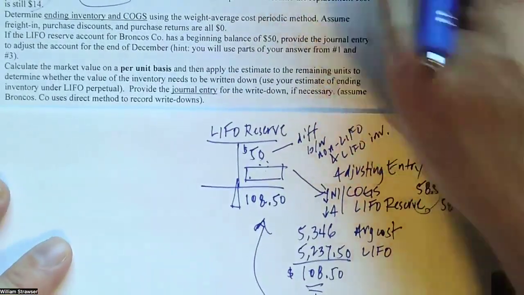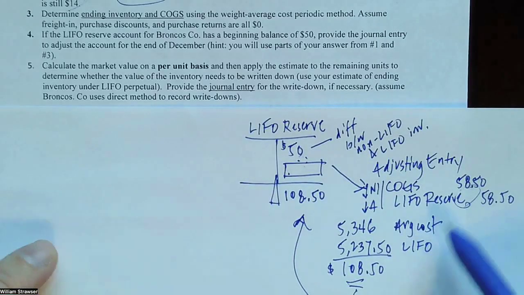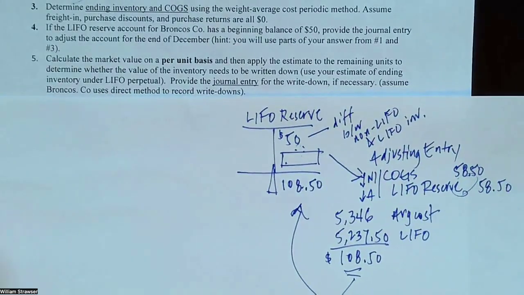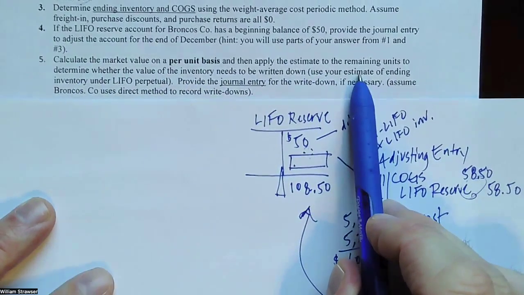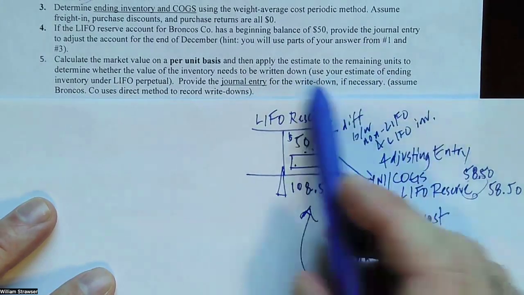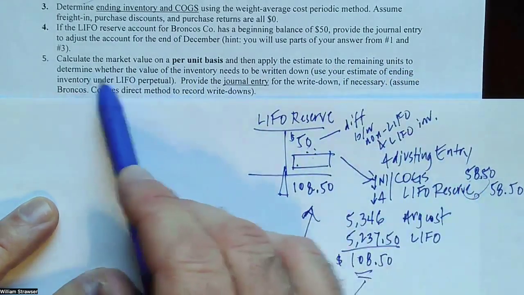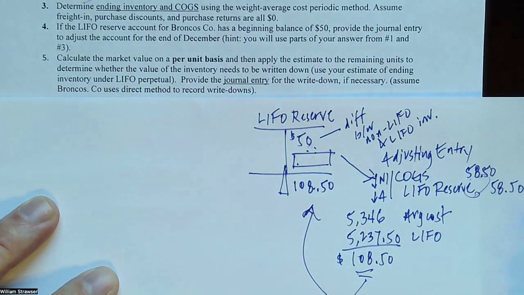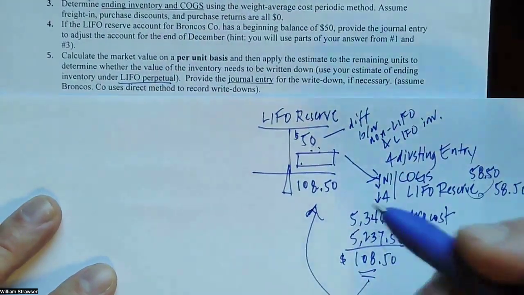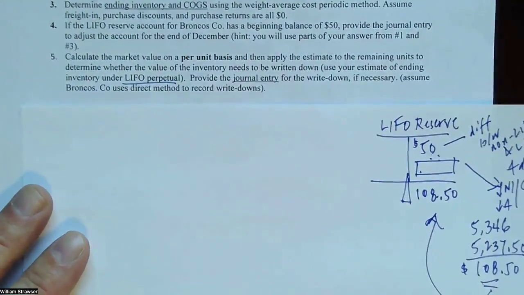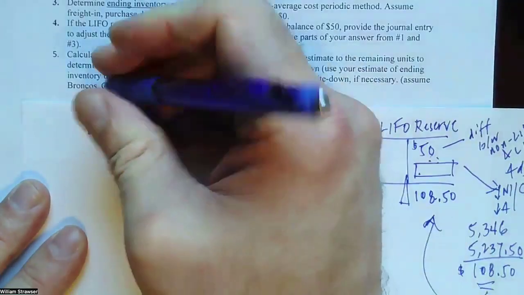Now for the last one, we're calculating another adjustment. So this is an adjusting entry, and then there's another adjustment that we need to consider, and that is the lower of cost or market, lower of cost or net realizable value. So it's asking us to do this on a per unit basis and then apply that estimate to the remaining units to determine whether we need to do a write down. And it's asking us for the LIFO perpetual method. So remember that when we're doing lower of cost or net realizable value,